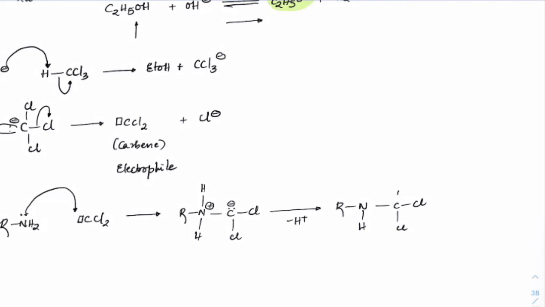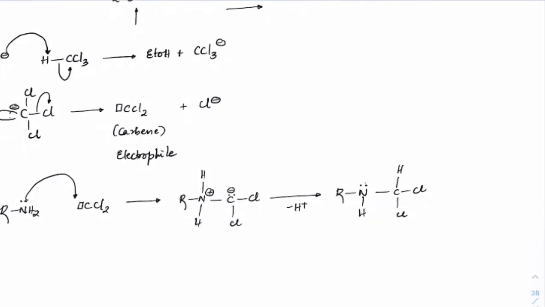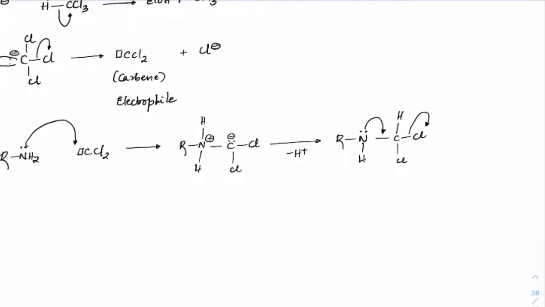So we can get this hydrogen coming up here and the charge is getting satisfied. Now the lone pair will support onto carbon by removal of Cl here. So we can get this as R N double bond C H and Cl, again with a positive sign on it. Okay.